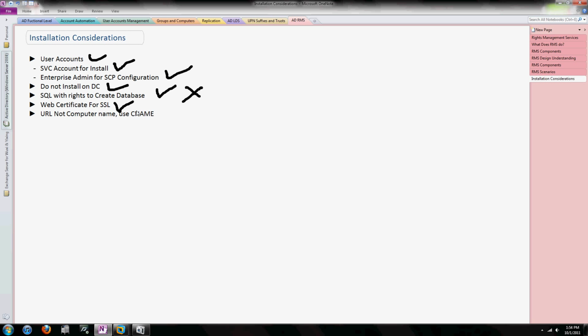Now you have to generate an SSL certificate for better security. If a user requests permission, it will directly connect with RMS using the SSL certificate from a security point of view. And the last thing, you have to create a CNAME record to deploy RMS. That is also something we are going to see soon in this